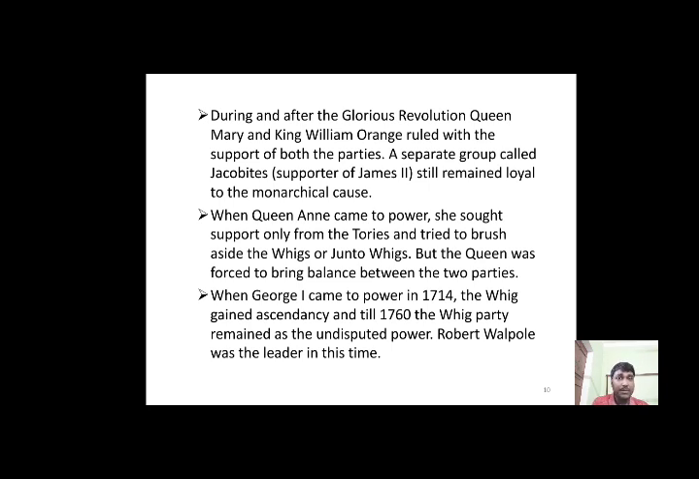Although a separate group who were not at all supportive of Mary and William of Orange were in existence. A separate group was in existence called the Jacobite group. Jacobite, the name comes from the supporter of James II. Jacobite from James. When Queen Anne came to power in 1702,